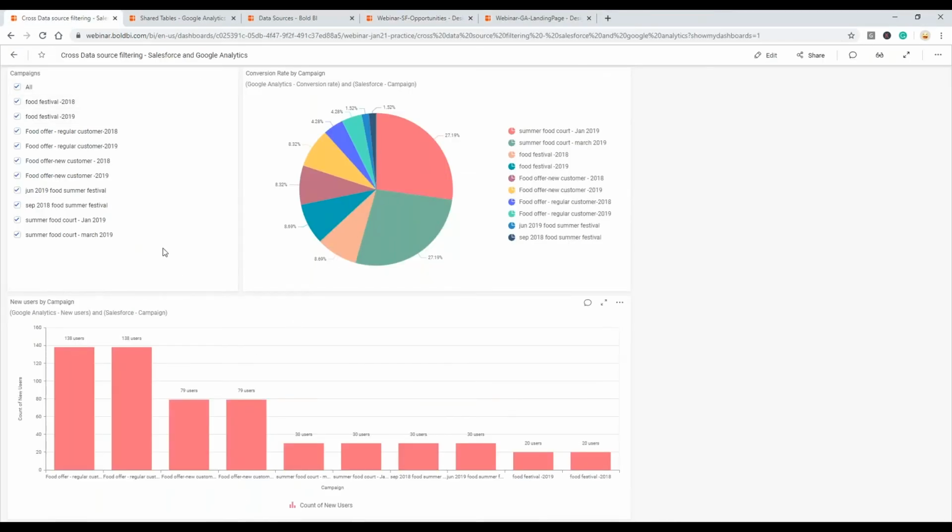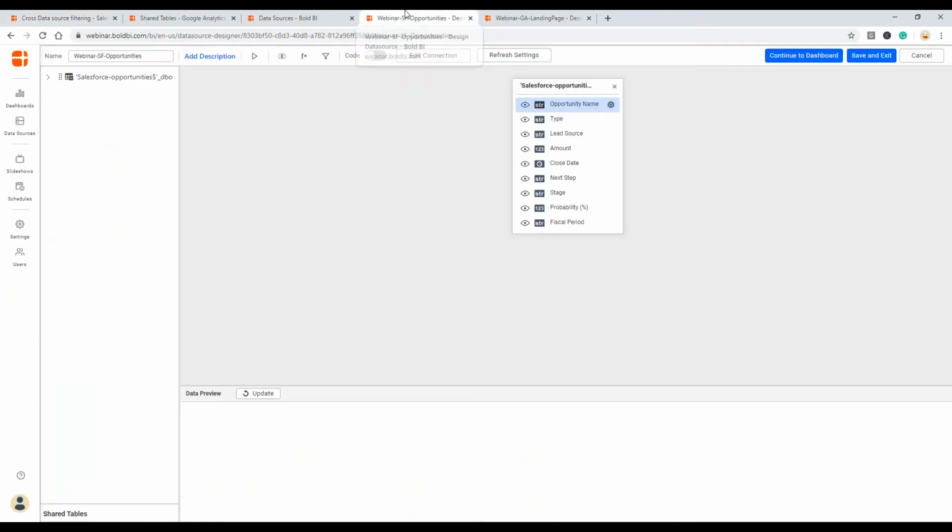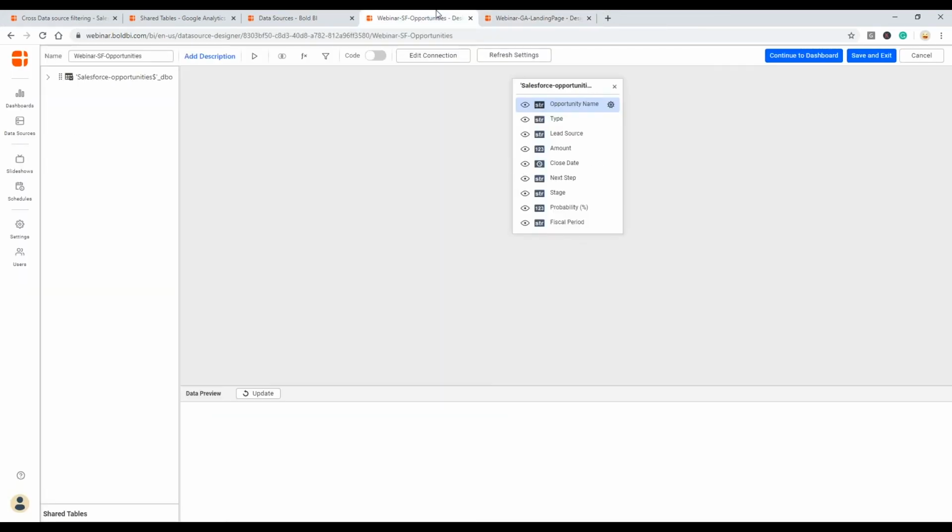And for the second demo, cross data source filtering, I'm going to use two data sources again, one from Salesforce and another from Google Analytics. So coming to the Salesforce, I have already pulled the opportunities data.